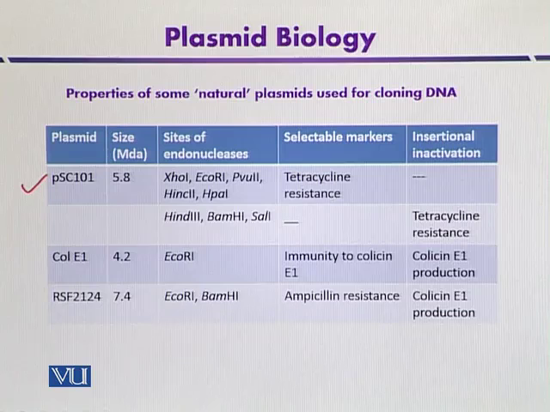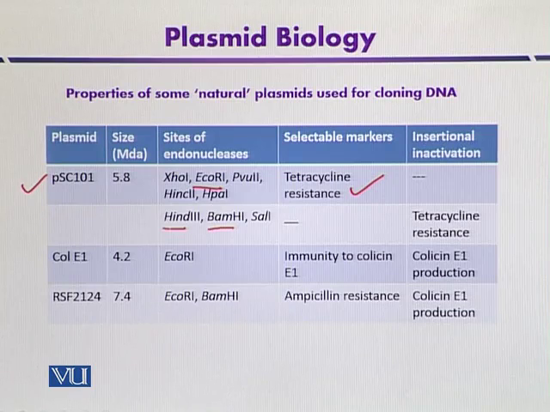The famous ones include EcoRI, HindIII, BamHI. It is very important that plasmids have single restriction sites for different restriction endonucleases, and here the selectable marker is for tetracycline resistance, and insertional inactivation is not used here as a